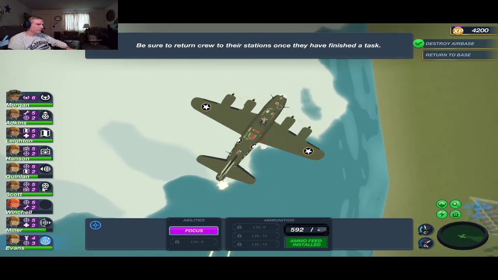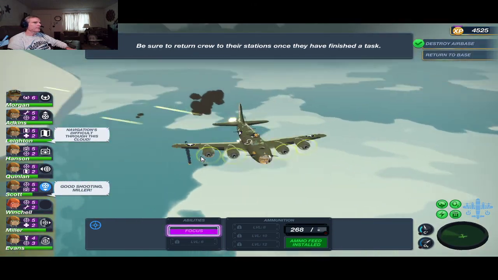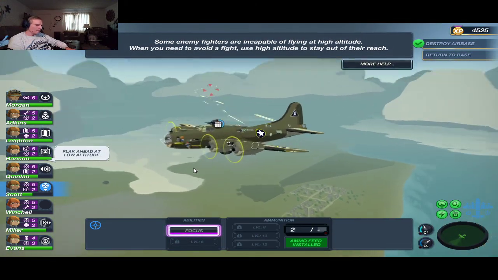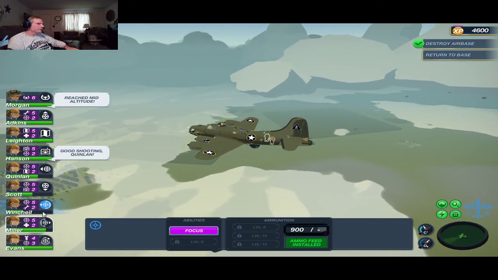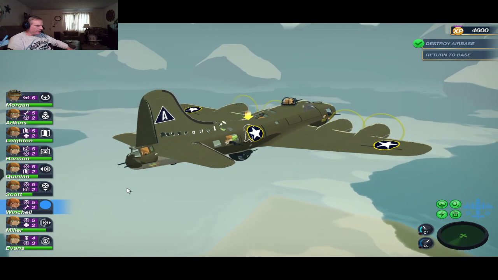Good, got him. All righty, we're looking good. We're looking good. Oh, got to get him. We got him, okay. Now the fighters are gone. This is when you want to get these crew members into the sick bay